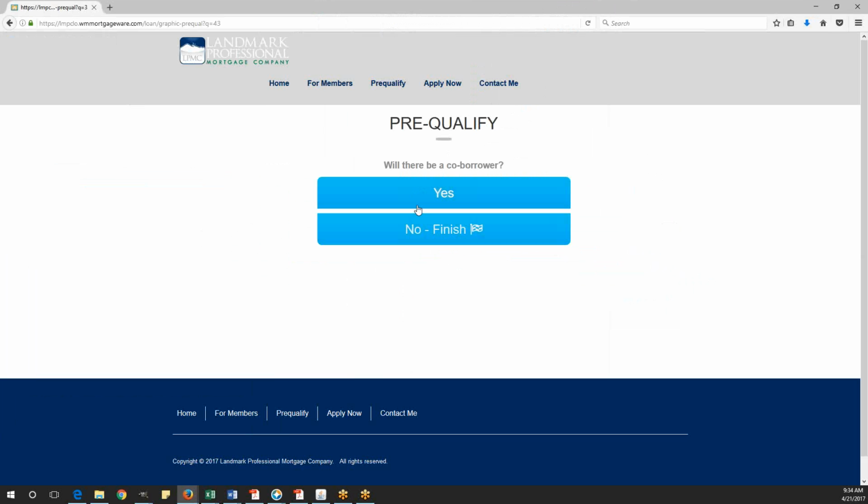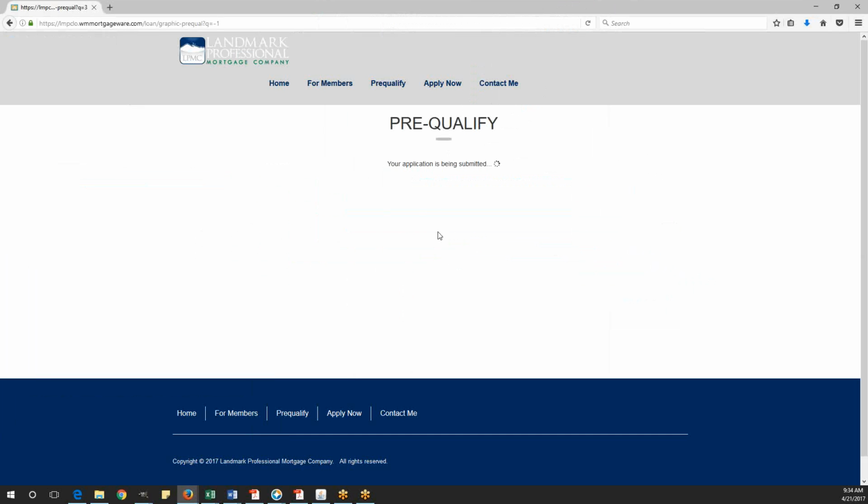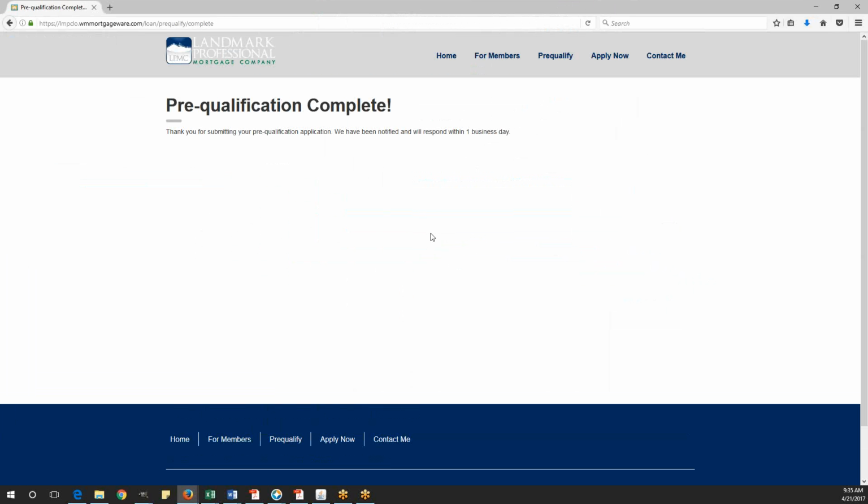Now, if there's going to be a co-borrower, click yes, and they'll go through the list of co-borrower questions. Or if there's no co-borrower, they can just click no. And what will happen is the application is done. They're going to know that the application has been received and that you're going to contact them within a certain